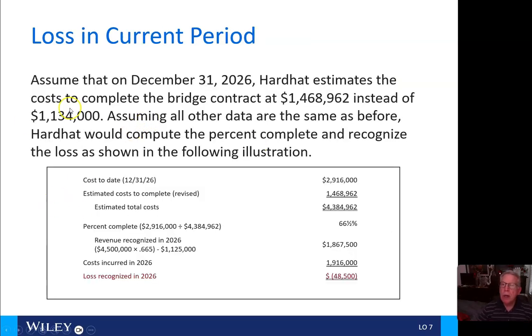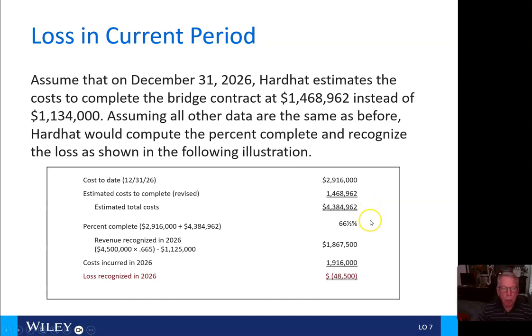So if we assume that on December 31, 2026, Hard Hat estimates the cost to complete the bridge at $1,468,962 instead of the $1,134,000. Assuming all other data are the same as before, Hard Hat would compute the percent complete and recognize the loss as shown in the following illustration. And here was the cost to date and the estimated cost to complete revised. And so our estimated total costs are now